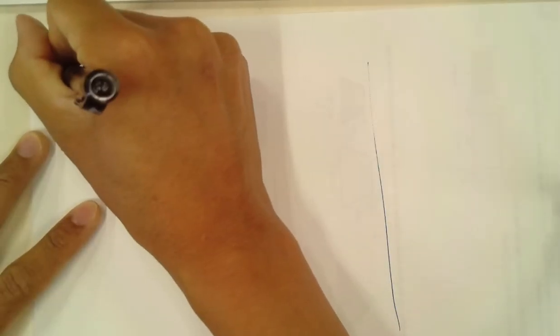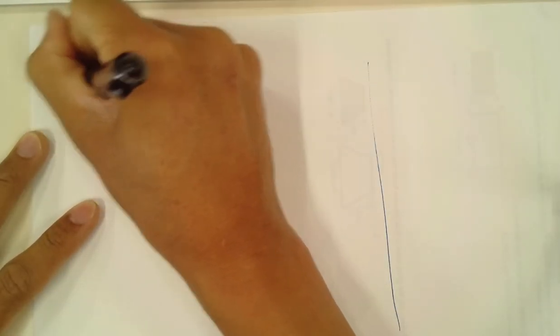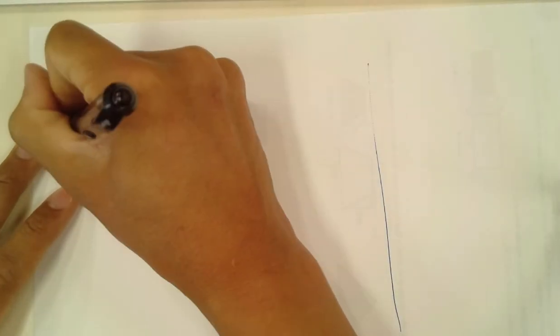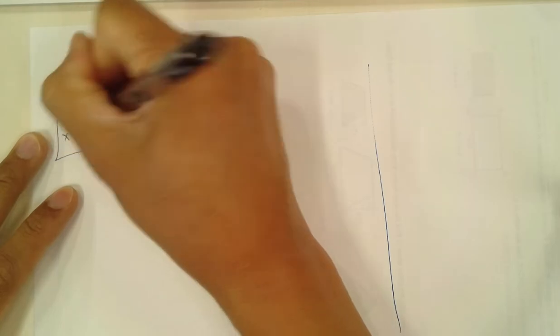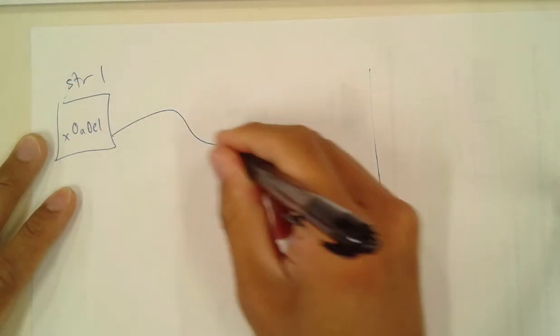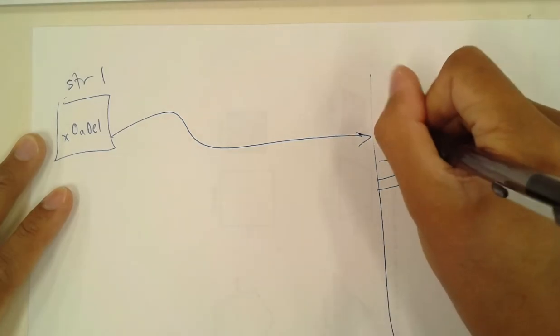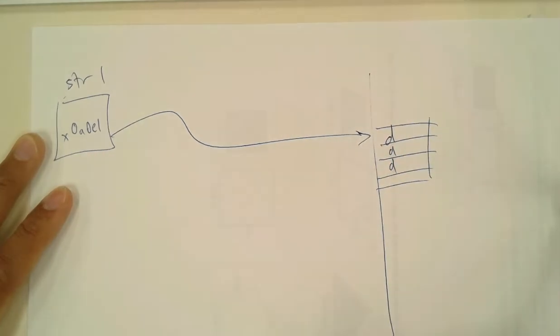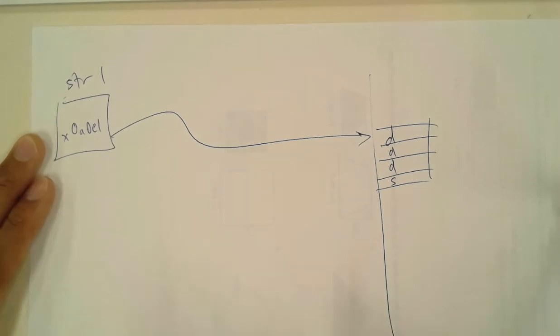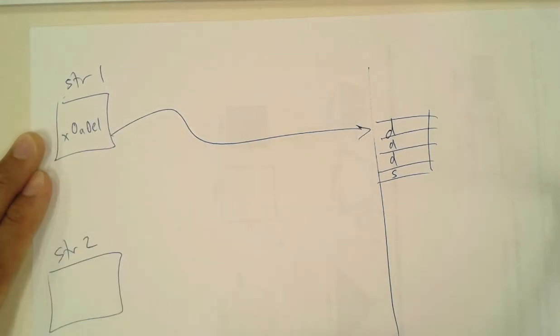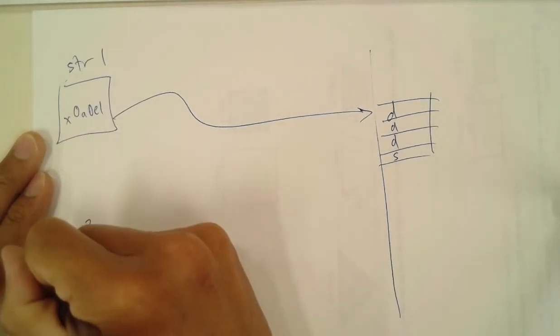So if here is our computer's memory and we have string 1 is equal to a string, it's going to contain a hexadecimal value that is representative of where in memory that string is contained, right? So let's say DADS, okay? And then if I have a string 2 and I put the same string in it, it's going